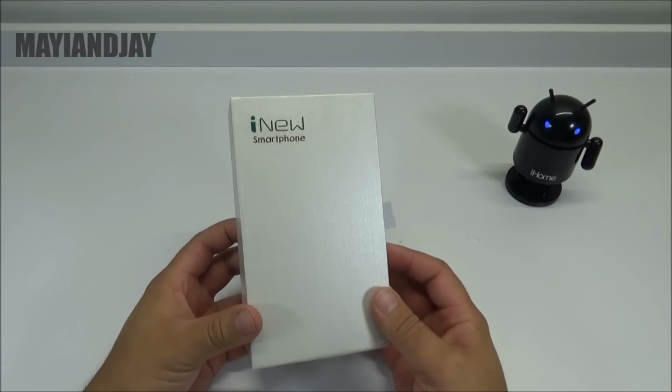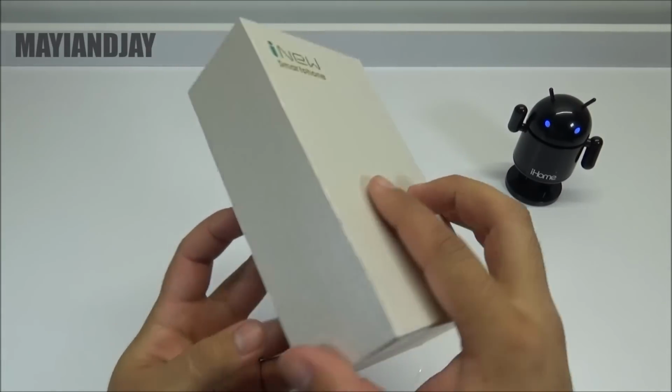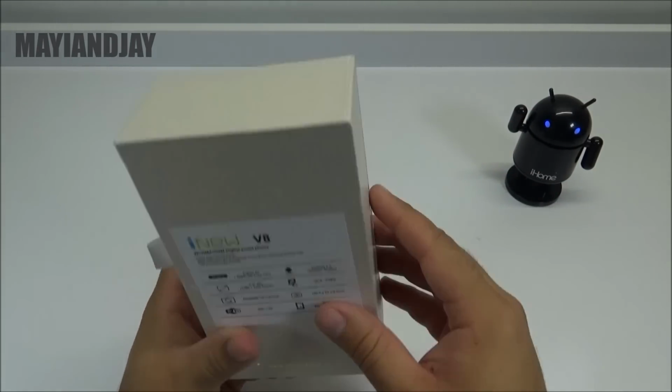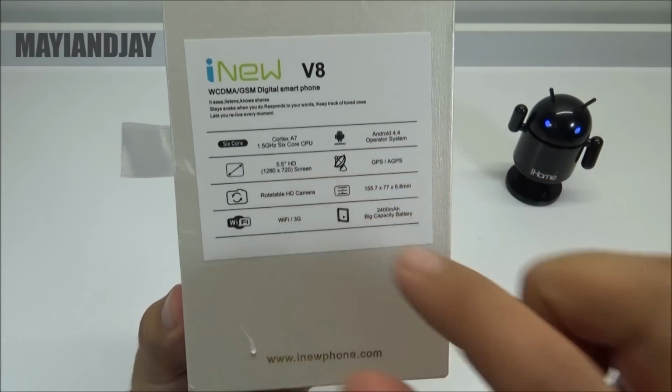Alright guys, so here we have the actual box itself. On the front, we can see the iNew logo, says iNew smartphone. On the very side, it's going to be plain here, and here we have some sort of pull tab that we've seen before, plain on this side. Then at the very bottom, we're going to have some specs, and I think they are going to be real. We know that this is going to be running the